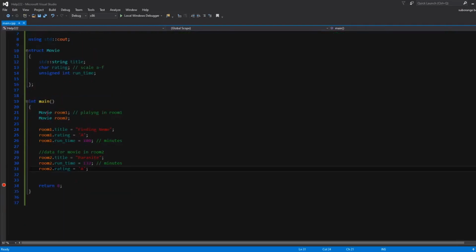When we declare variables normally like this, we just use the dot operator. However, we can also use pointers, and we can dynamically allocate a struct. So I'm going to go ahead and start out with that. Let's create some pointers now. Just like with anything else,